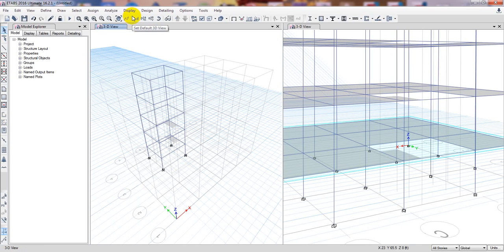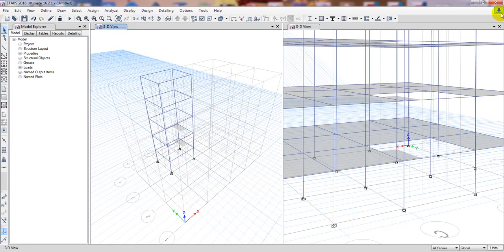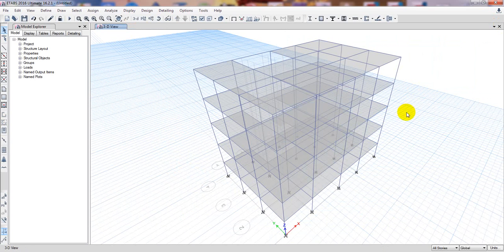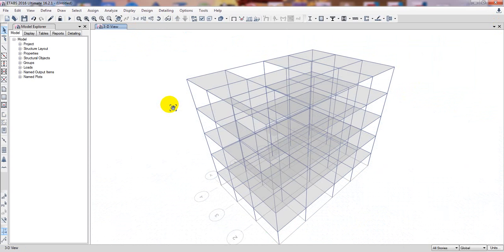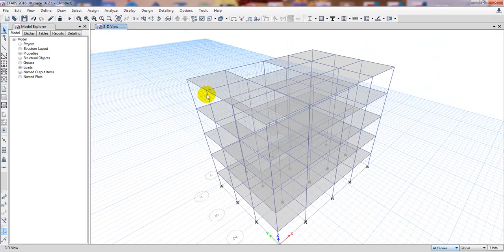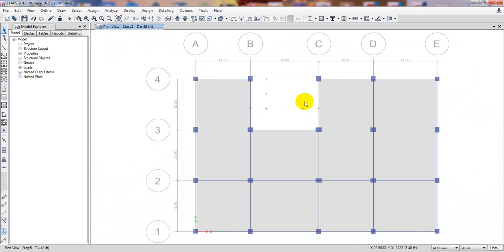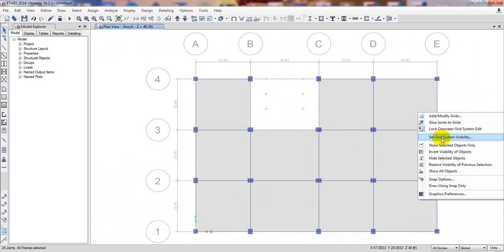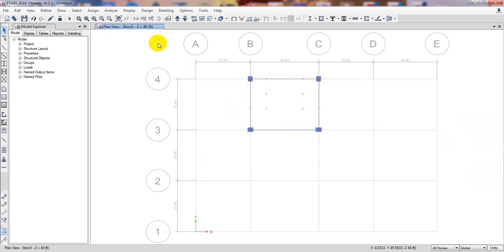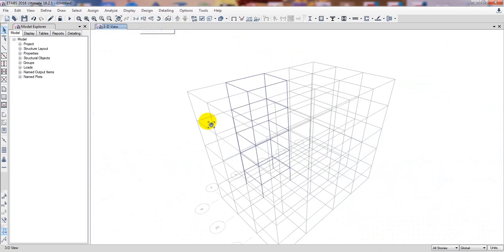Now go in 3D. Now see here, I'll just delete that for now. Oops, sorry. I'll go plan story 5, apply, then all story, then simply select, then right click, show selected object only here, and go to 3D. So see here,